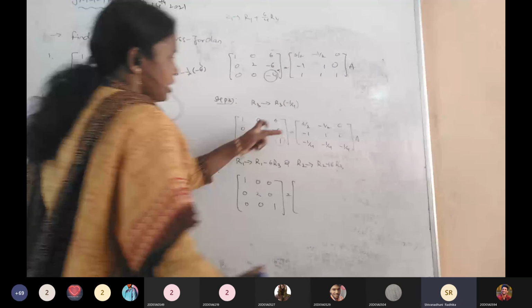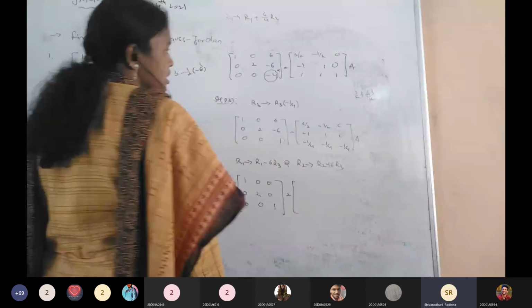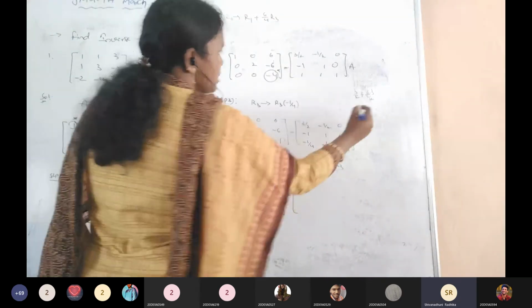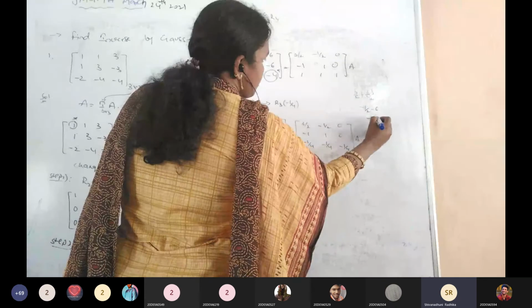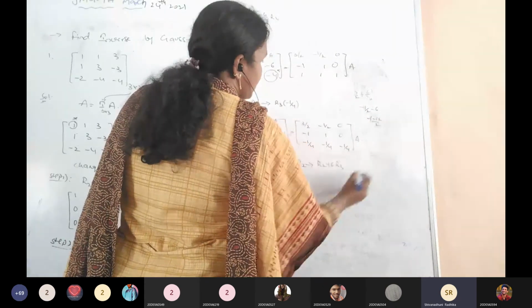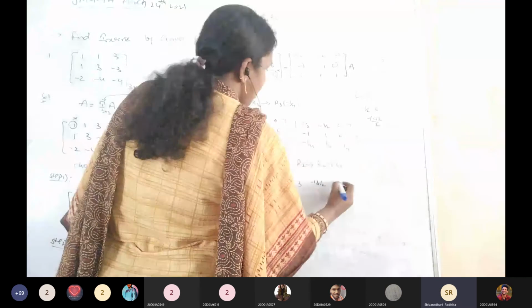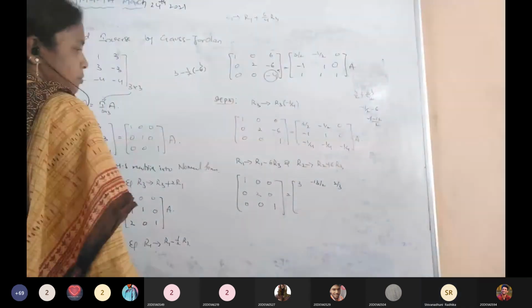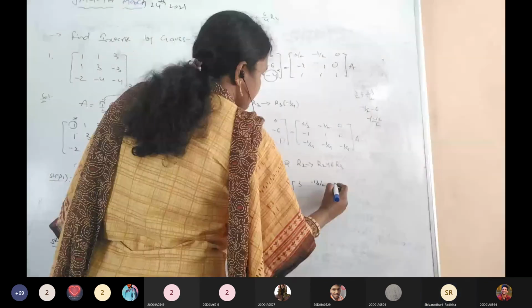Here 3 by 2 minus into minus plus 6 by 4. So 2 2s are, 2 3s are, 3 by 2 plus 3 by 2, 6 by 2. So that is a 3. Clear? Next, minus 1 by 2 minus 6, minus 1 minus 12 by 2, minus 13 by 2. Clear? So this is the minus 6 by 4, that is 3 by 2, minus 3 by 2. Minus into minus plus, that is 3 by 2. The first row is completed. Go for the second row here.